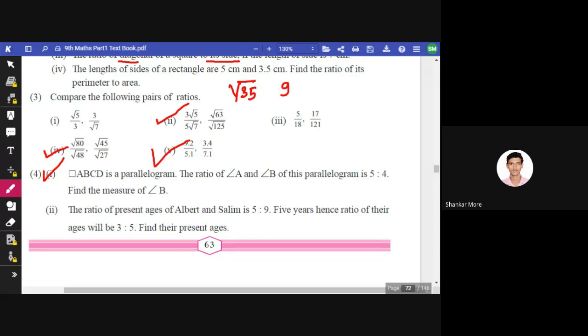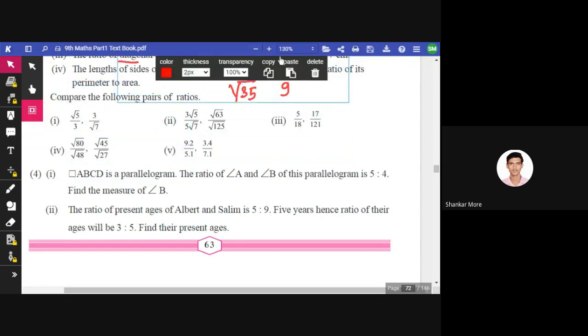Okay. So the last question for today is, a quadrilateral ABCD is a parallelogram, and the ratio of angle A and angle B of this parallelogram is 5:4. Find the measure of angle B. तो इसे कैसे कैलकुलेट करते हैं मैं आपको बताता हूं. ओके, सो सी,